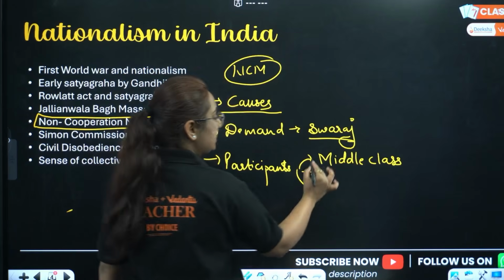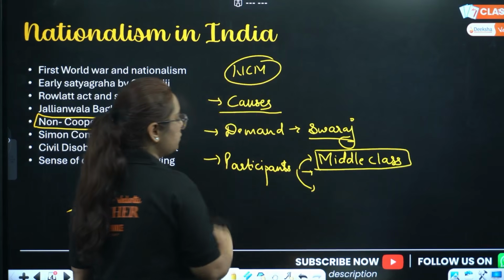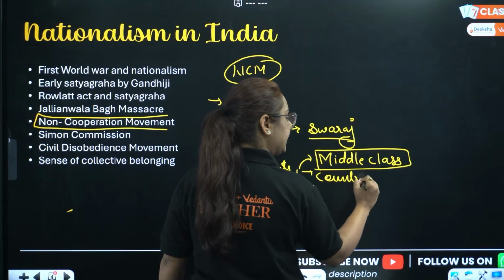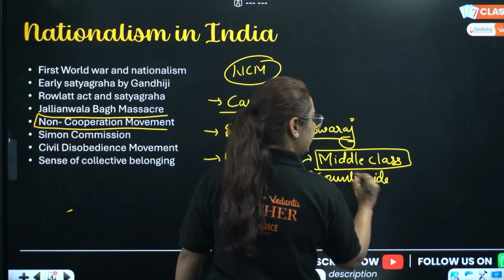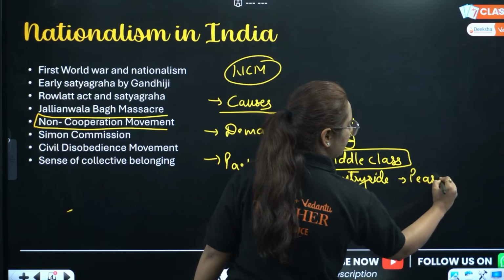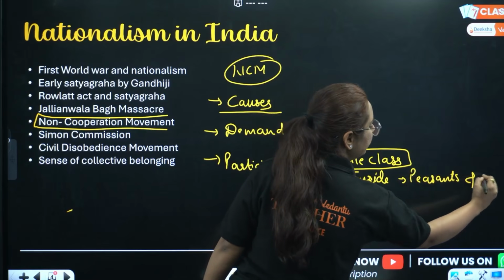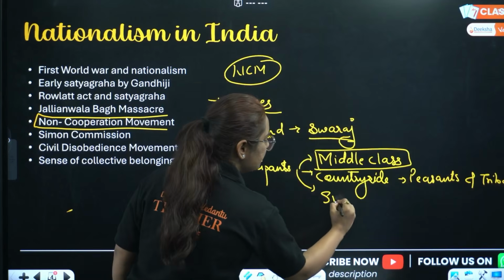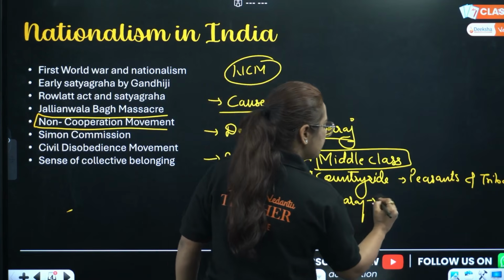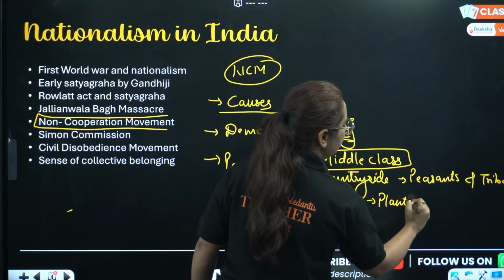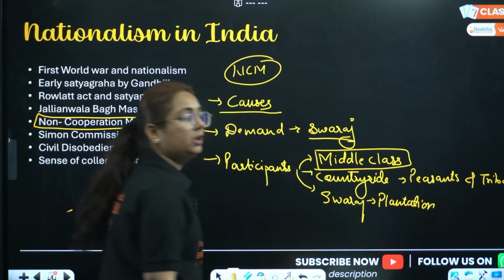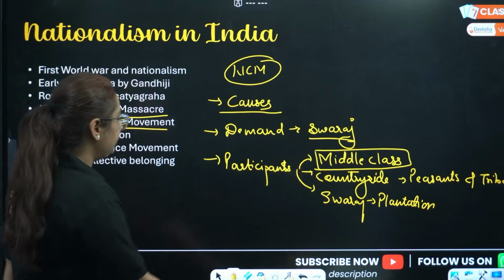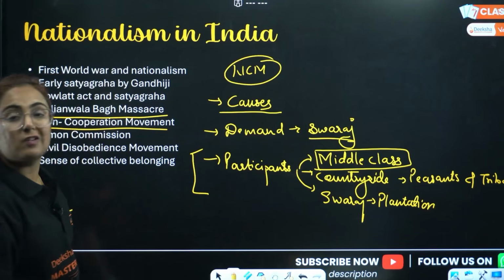Okay, next, my dear students, after the middle class we will see the people in the countryside. Here the people in the countryside include the peasants and the tribals. Our peasant movement, and when we talk about tribals, Gudem Hills. Last one is Swaraj and the plantation. What do you mean by it? Plantation workers were not even allowed to go out of their plantation area, and hence Swaraj was different for them. So everyone had their own view of Swaraj.